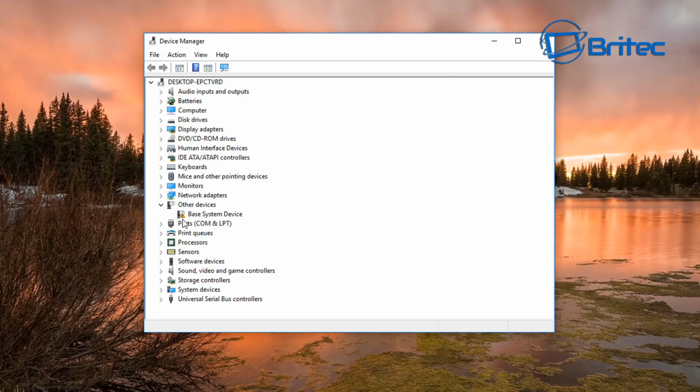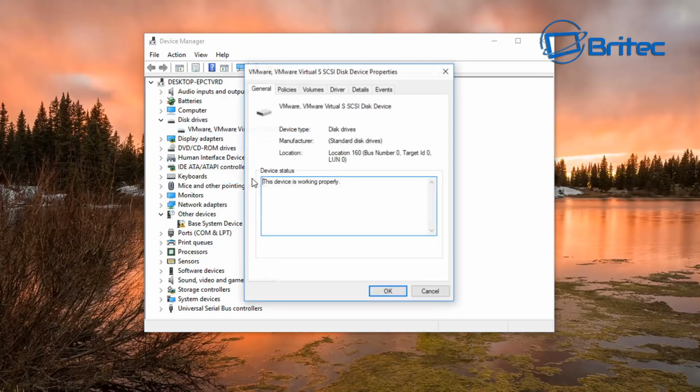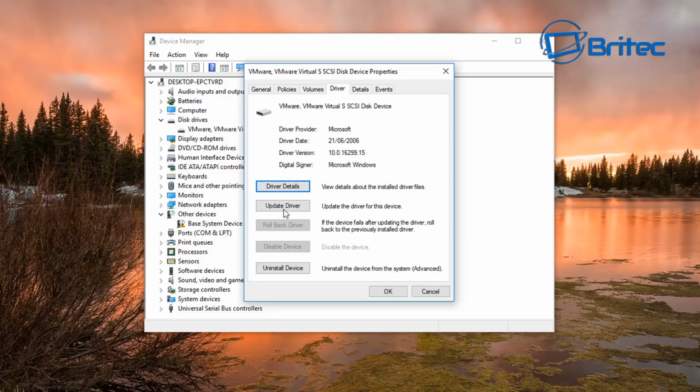So first off we're going to check out the Device Manager. Now you can see here we have got driver issues on this system, and you want to make sure that all these are fixed, and especially disk drives and stuff like that. If you've got an issue with the disk drive, you want to right click here and check properties, and then you want to go into where it says device status, and you can see the device is working properly, but sometimes the driver can be an issue here with SSDs and other types of drivers, so you can update that